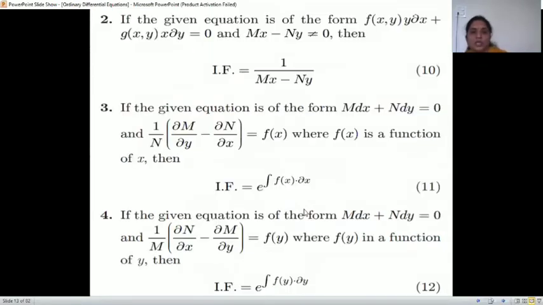Second condition, if the equation is of the form f of xy into y dx plus g of xy into x dy. In your function f of xy, if y is multiplied with dx, and there is a second function g where x is multiplied to that, and then if this equation is equal to 0, then if such a standard form is there, and if mx minus ny is not equal to 0, then the integrating factor is 1 upon mx minus ny. If the given equation is of the form